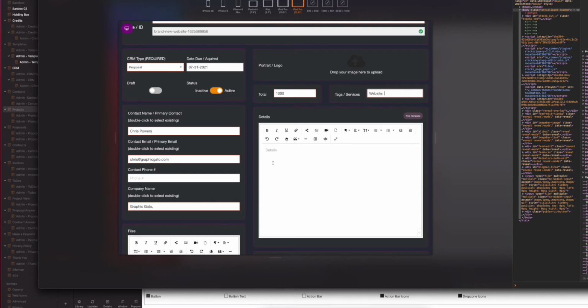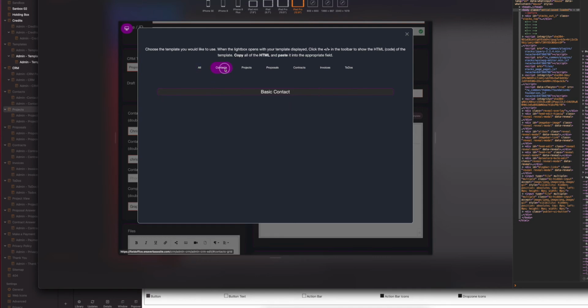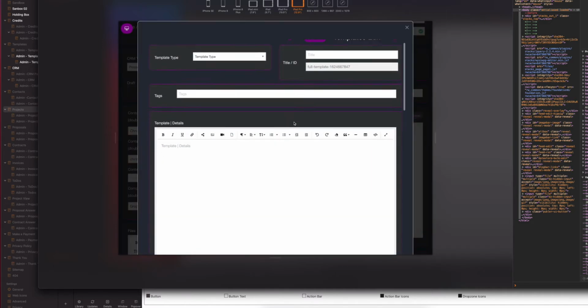Okay, so you can type in whatever you want here, format it however you want, but part of this is I'm including templates as well, and you can create your own template. So if you click on templates, you have contacts, projects, proposals, all the different templates. So I'm going to click on full template, and it brings up the template